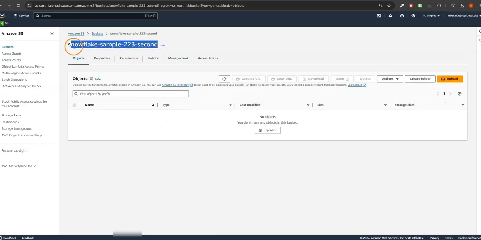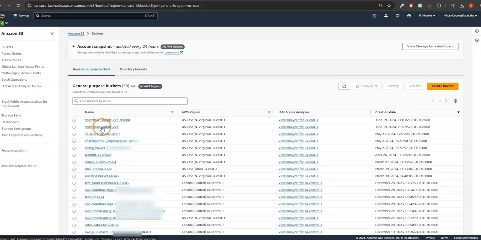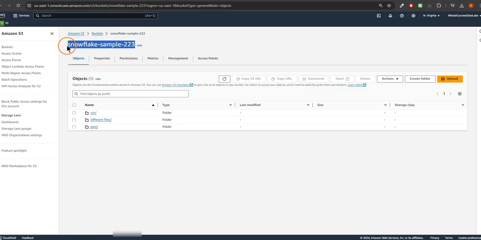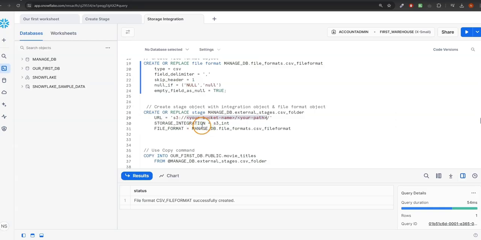So therefore, I will first of all just navigate back to our buckets. Here we have the bucket name. I will just copy this. So it was this bucket name, and in here I have to paste this now also into our stage object,